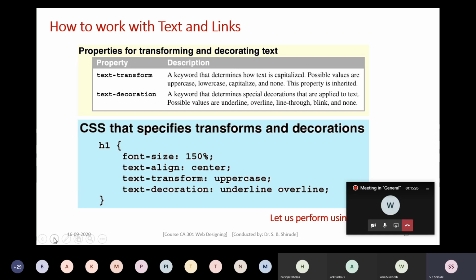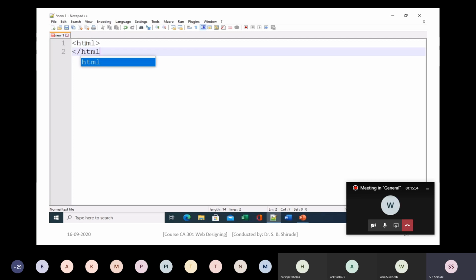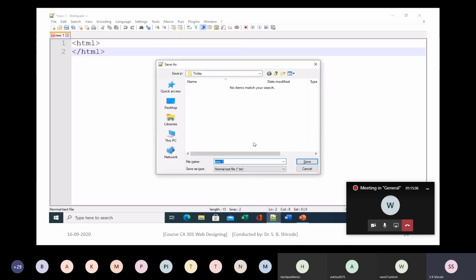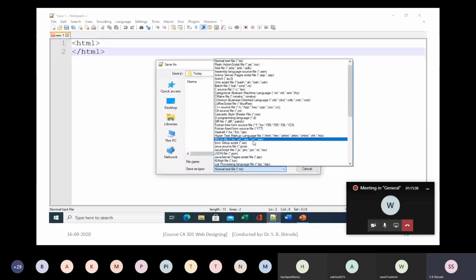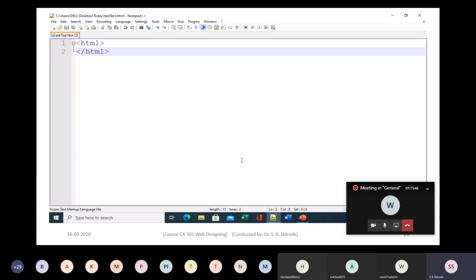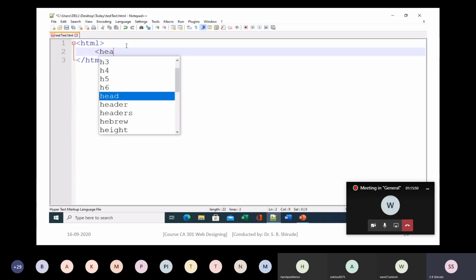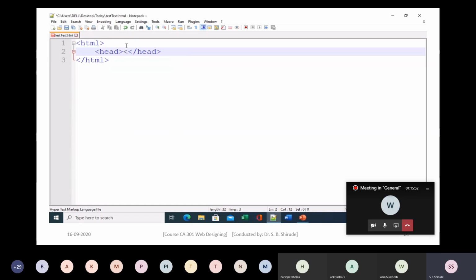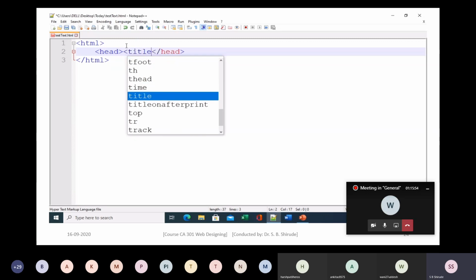Now let us perform how to work with the text by using CSS with the help of this example. So some of the properties I am going to implement here in this example, in which we are going to learn how you can work with the text. test.txt.html, and here just add the head section and the body section.